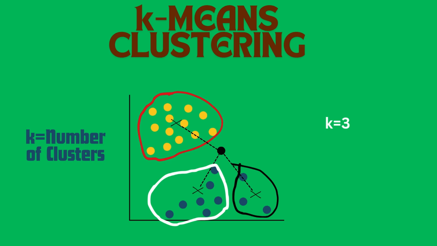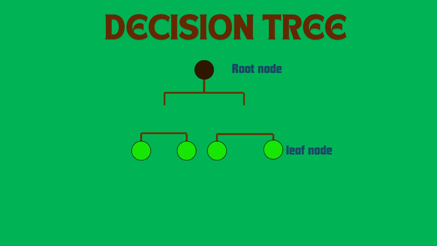Now the final algorithm is decision tree. Although decision tree uses classification and regression algorithms as well, due to its different nature, I am putting it as a different algorithm altogether. Now decision tree consists of different nodes. The root node is from where a tree generates. Then there are lines extending from the nodes called branches. The leaf nodes are the ones that are present at the end without any sub-branches, whereas the internal nodes are the ones that are present in between, which have different branches.